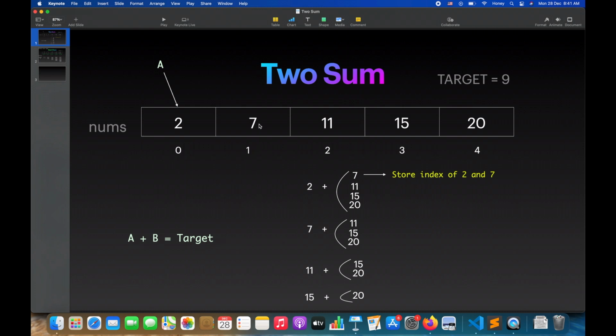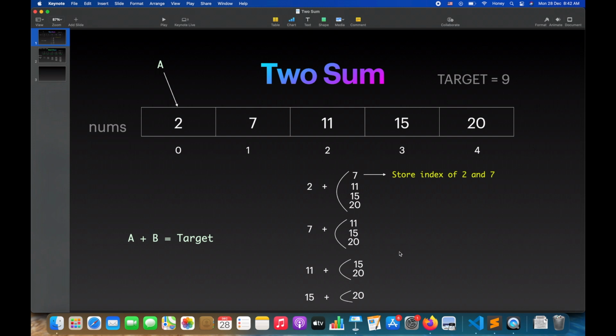If it equals 9, we will store the index of numbers 2 and 7. Then we will see if 2 plus 11 equals 9, if 2 plus 15 equals 9, and 2 plus 20. Now if none of the numbers equals 9, we will again take a as 7. Then we'll check if 7 plus 11 equals 9, 7 plus 15 equals 9, and 7 plus 20. And if any of the numbers equals 9, we will store the indices.